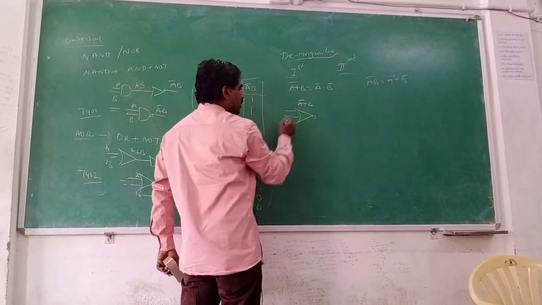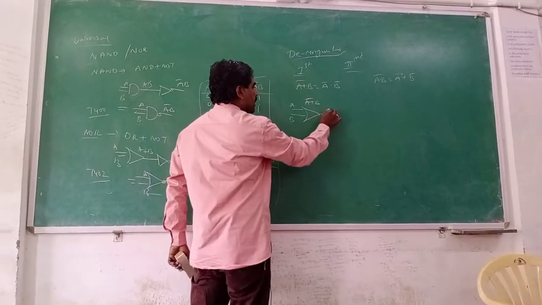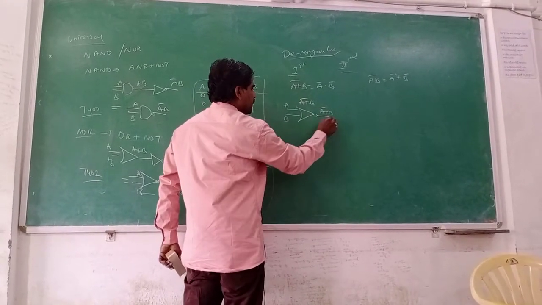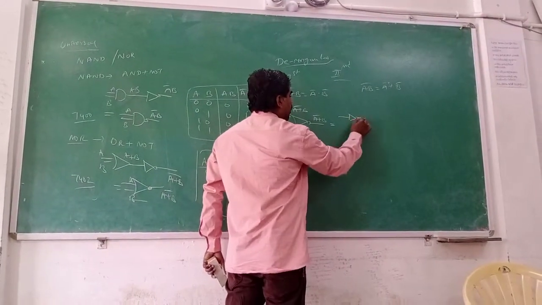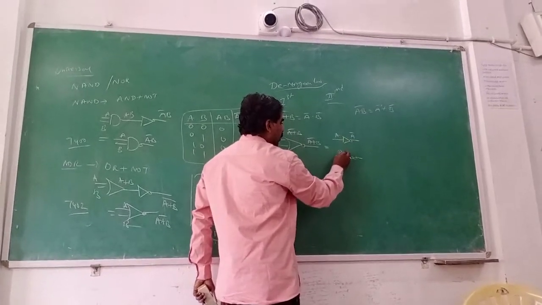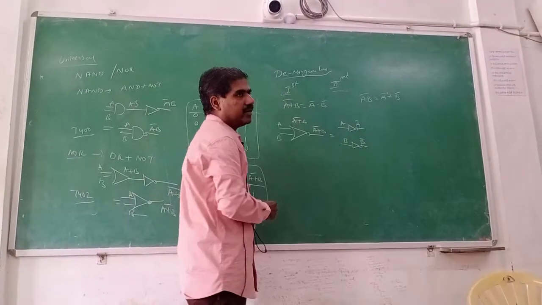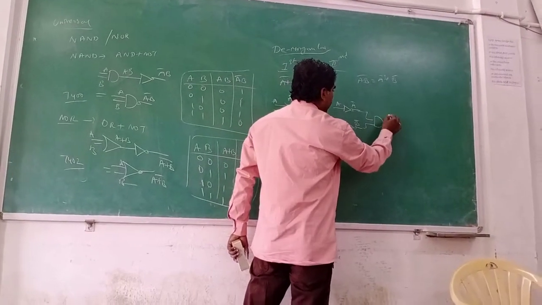It is nothing but a NOR gate, equivalent to A bar dot B bar. You have to complement the two inputs. A is complemented by a NOT gate, and B is also complemented with a NOT gate to obtain A bar and B bar. These can then be multiplied using an AND gate, giving A bar dot B bar.